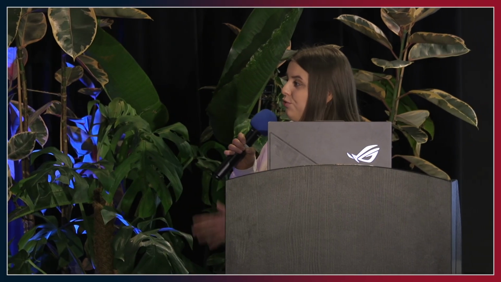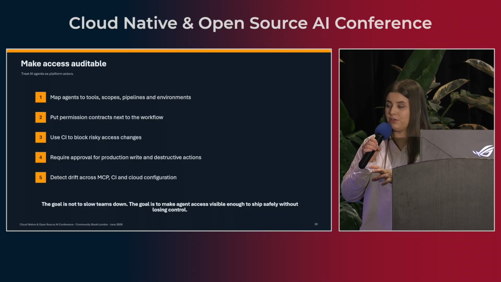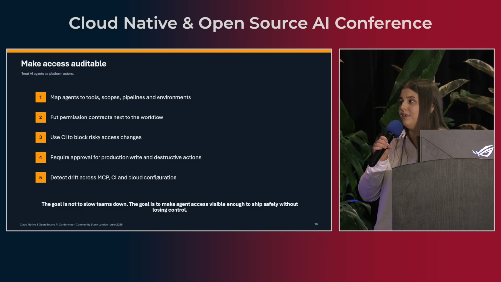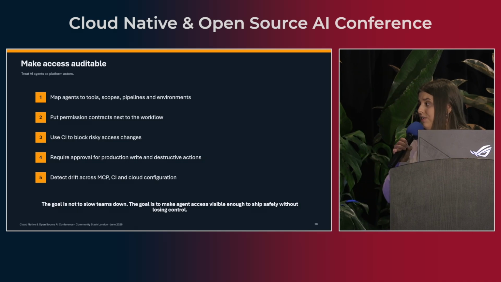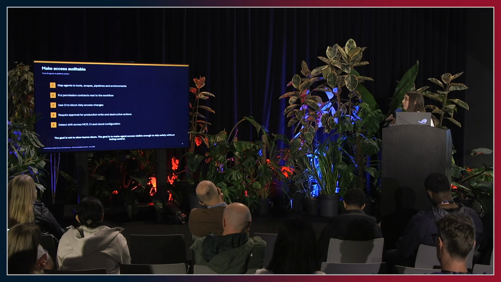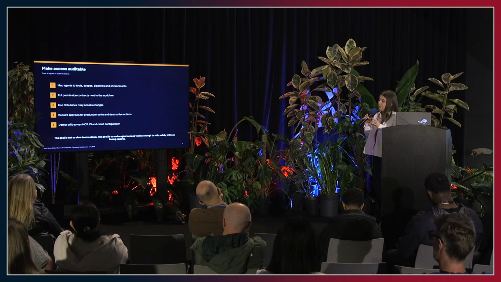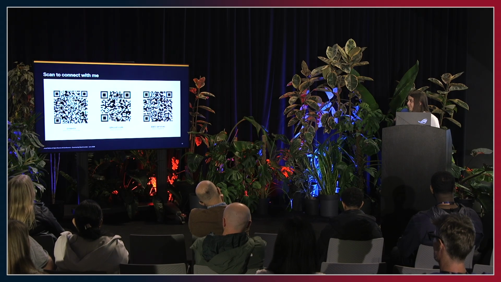Can we really integrate a tool that would be matching the speed of the team, or are we not yet mature like that? Detecting the drift across the MCP servers is one of the biggest challenges here. But it's not just defining the contracts and the agent permissions, it's also the cloud configuration overall, making sure that your services are all scoped out for the agents.